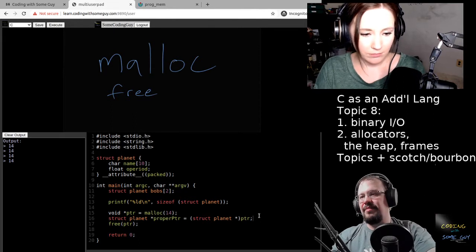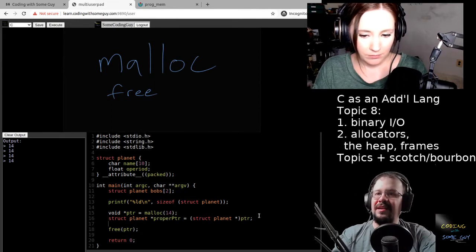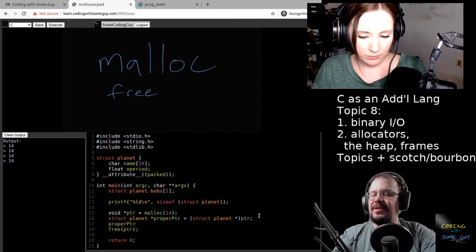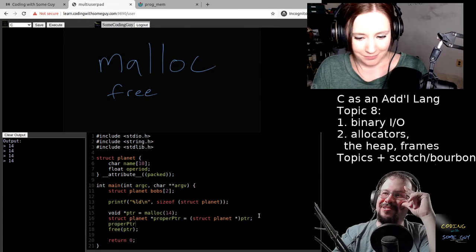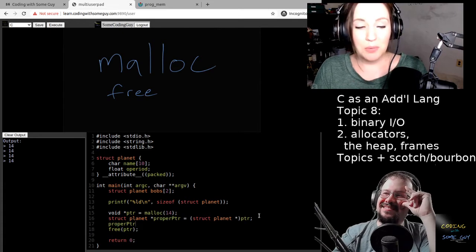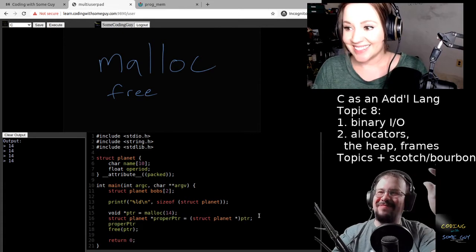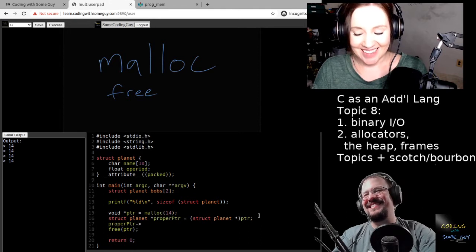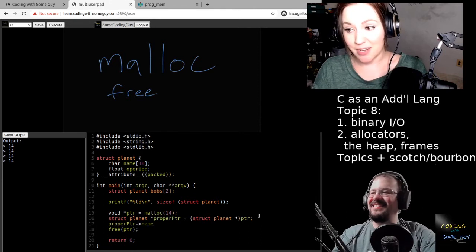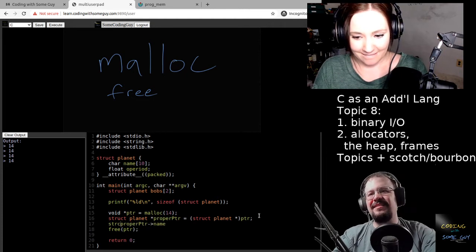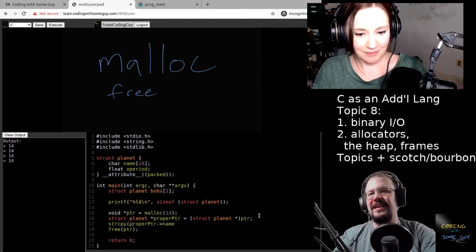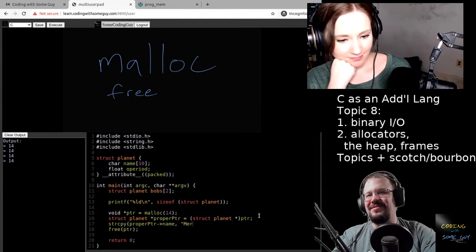So we can say, okay, I plan on treating this like a proper pointer. And do you remember the fancy operator, the pew pew operator? Yes, the pew pew operator. I don't actually remember the proper name. So I can use pew pew here and say, all right, let's copy in a planet, and now we're going to use some regular planets.